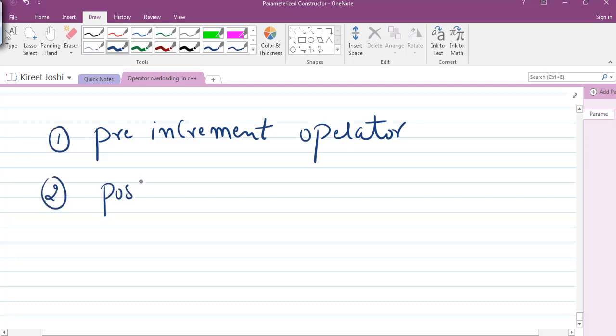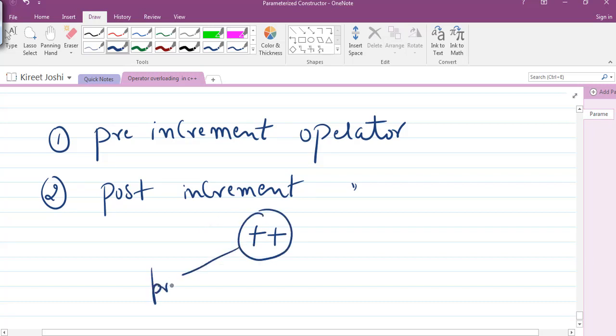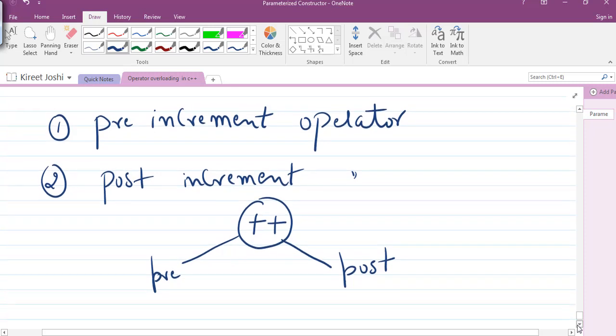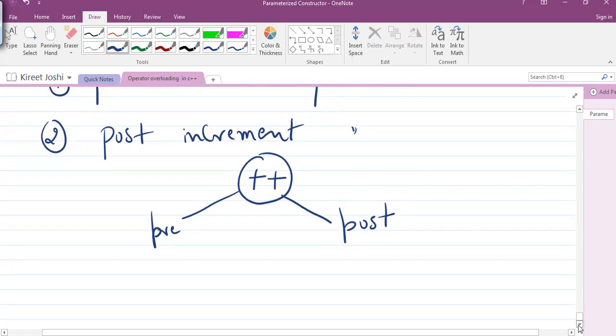Both these operators are designated by the same symbol: double plus is used for pre, and double plus is used for post. How we will distinguish between pre and post, and how we can overload this plus plus unary operator, we will see.